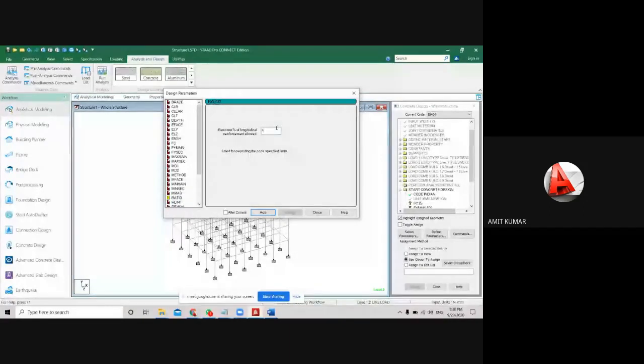That means up to 4 we can use. But if the volume of the reinforcement is going to increase more than 4, in that case the structure will fail. Mostly we have two types of failure, concrete and reinforcement. Okay, so I'm just going to provide the value 4, that is the allowable value. Okay, so just click on the add, that is the ratio.